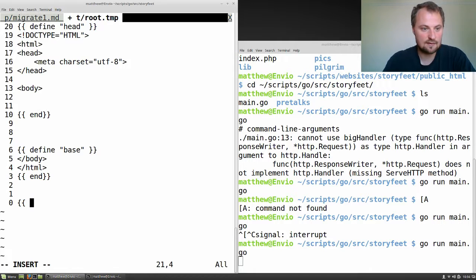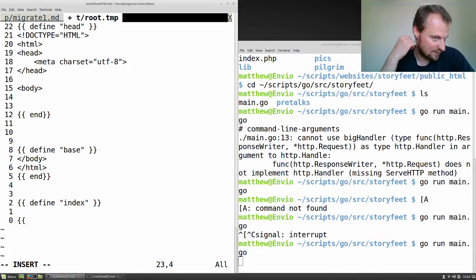And we'll have an index here as well. Define index. This of course means if we've written this all tidily and get all of our templates loaded up in advance, all of the basic templates at least,